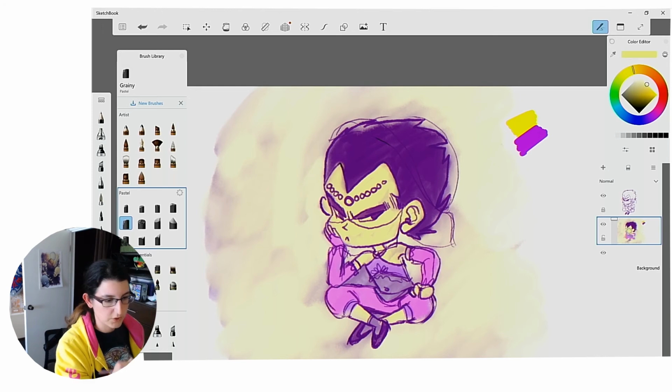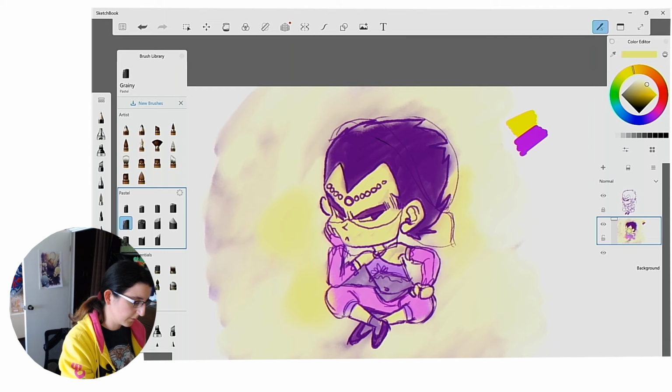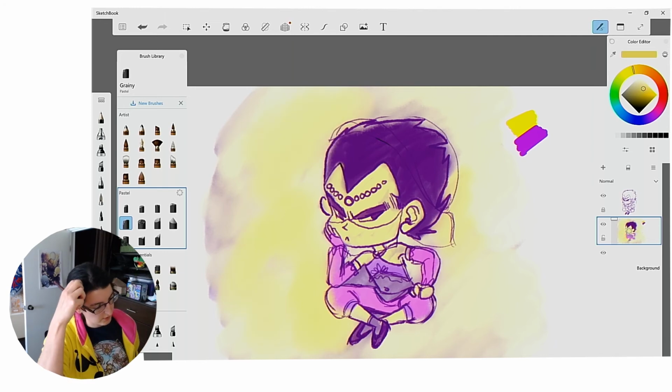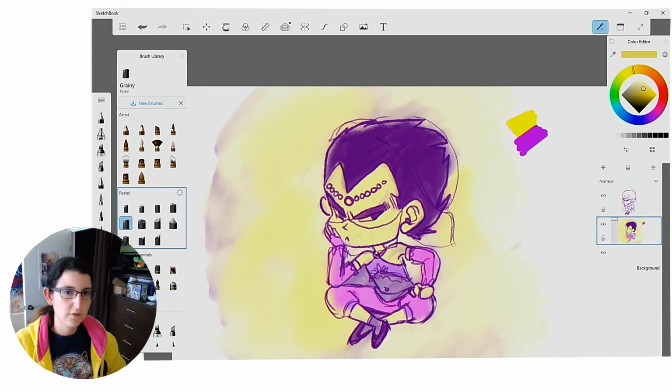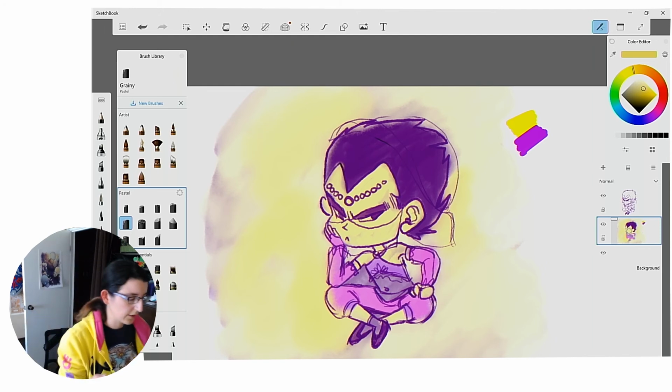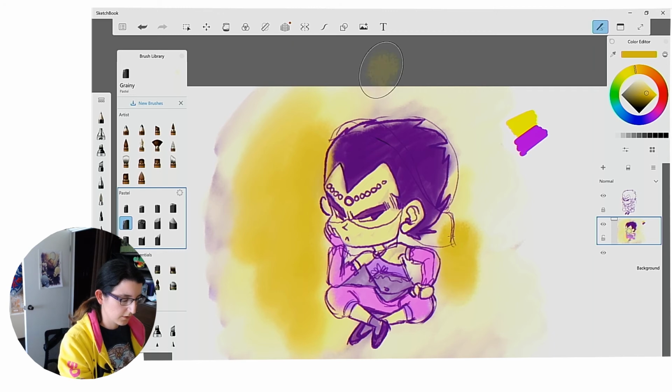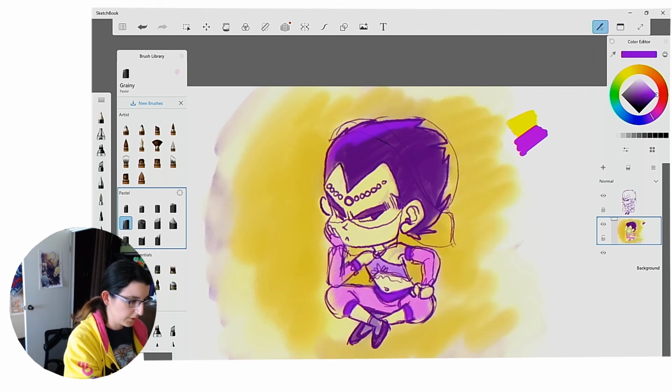I'm going to push the complement a little bit analogous by putting in some orange, some yellow orange. And now, as we've kind of observed, we're kind of losing his face. His face doesn't have enough contrast with the background. So either I can go a little darker with the background, make it pop a little more. Yeah, that works. Maybe we could use bright purple as a highlight here in his hair, and go a little darker in other parts of his hair.